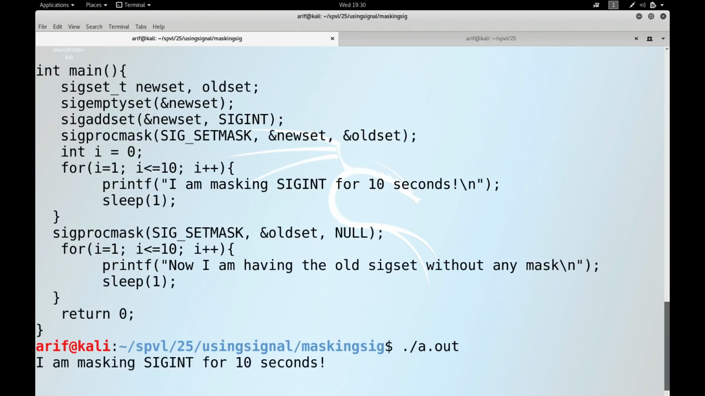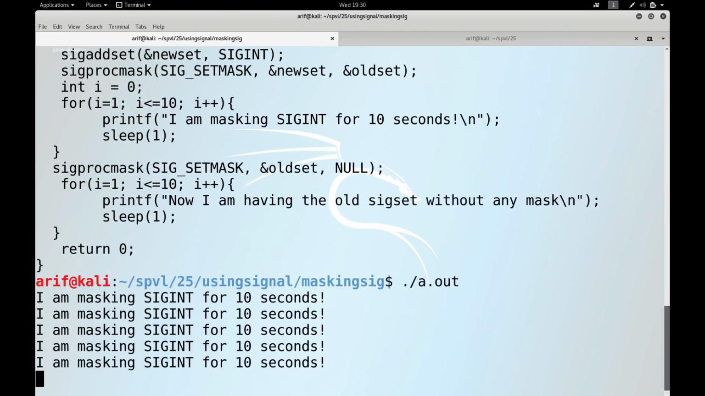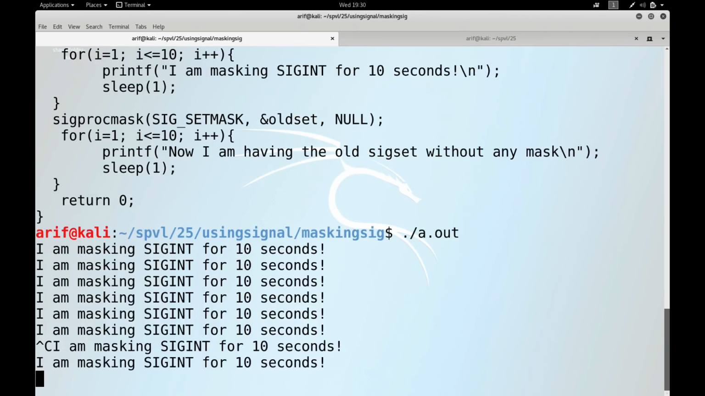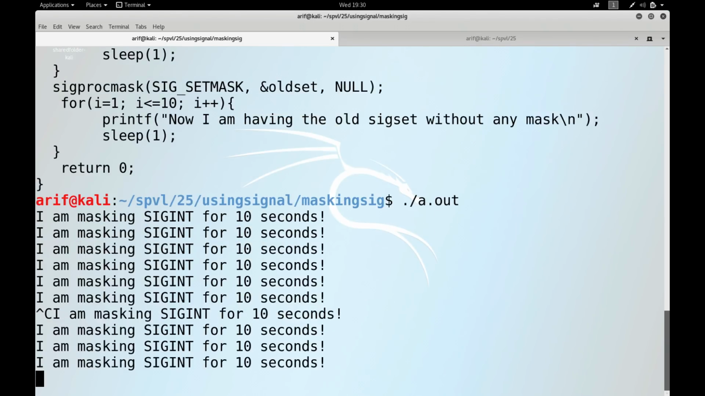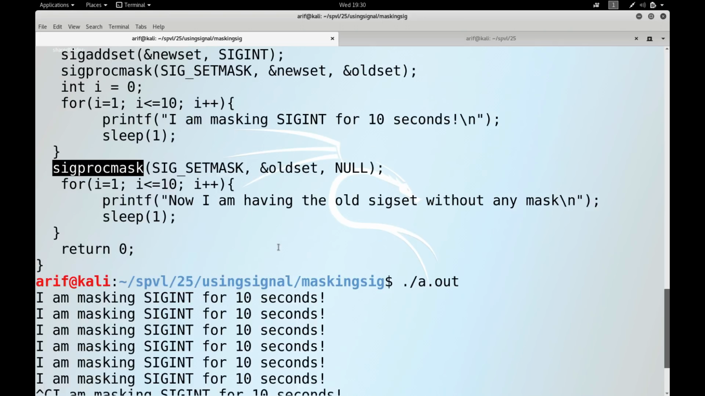./a.out. So this is the first loop which is running for 10 seconds. I am pressing Ctrl+C. You see, I have sent Ctrl+C. It has been masked, and as soon as the SigProcMask is set to the old set, it is delivered. So this piece of code has executed in full, although I have given the SigInt after just 1, 2, 3, 4, 5, 6, after the 6th iteration of the